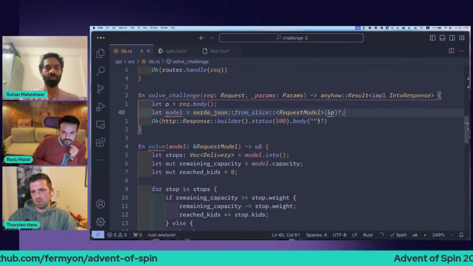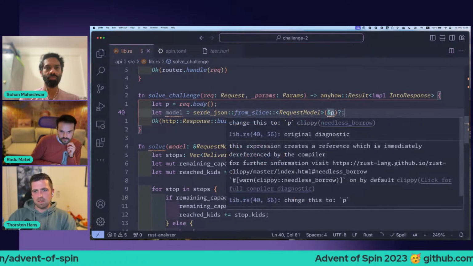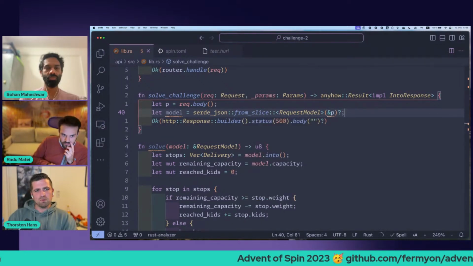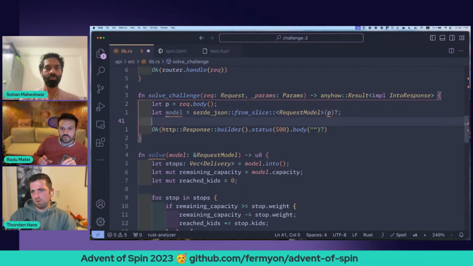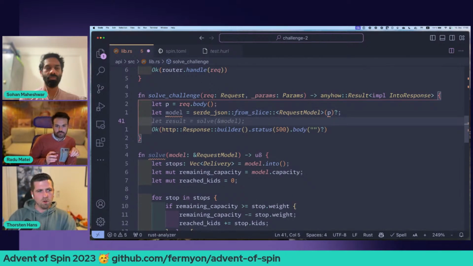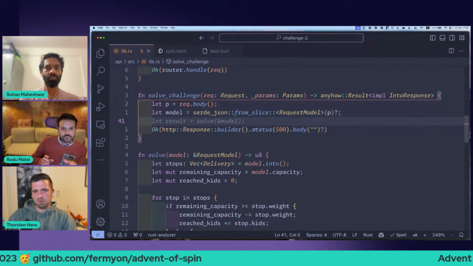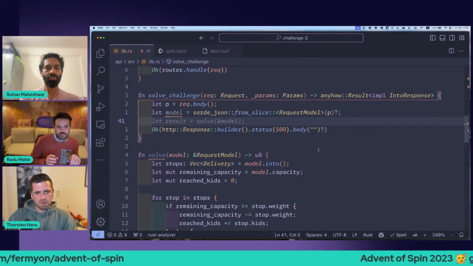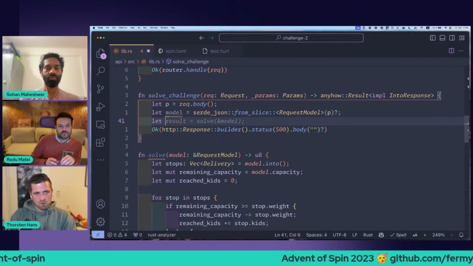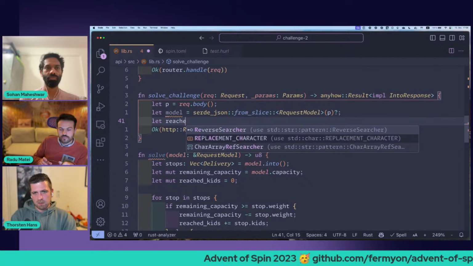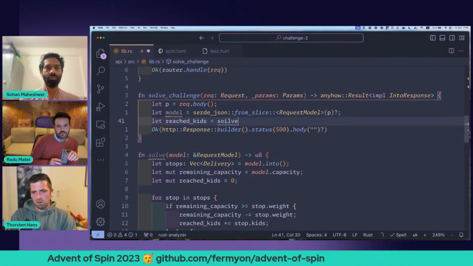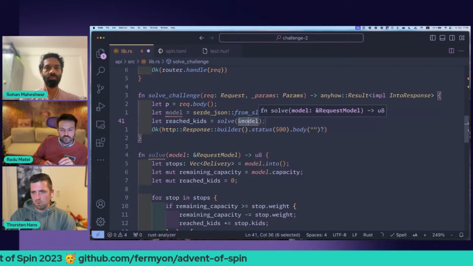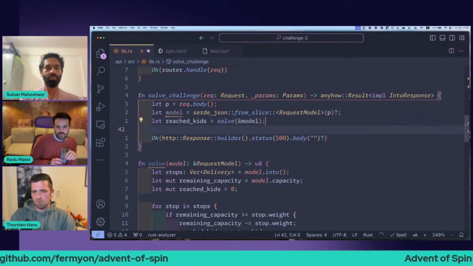That makes sense. We just need it for coming up with a model instance, so we don't have to hand over the reference over there. And finally, we would get the kids from solve, passing a reference to our model.